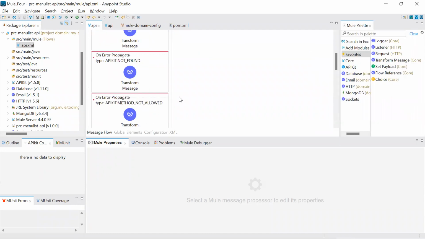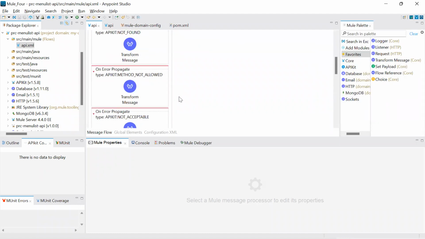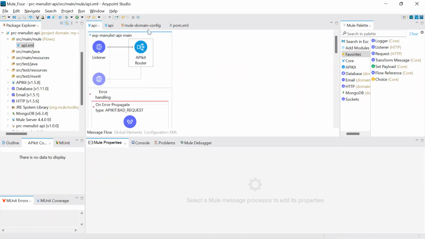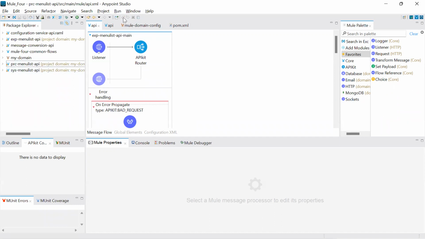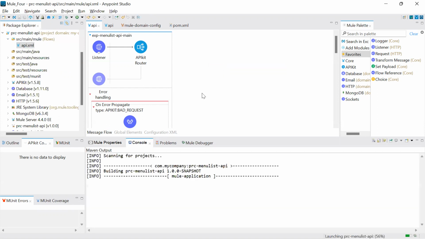Okay, so the domain project is set up, for using the HTTP listener. So understood right till now? Yes, sir. So with respect to why we need to use a domain project and what is the purpose of this, you understood, right? Yes, sir. Okay, so if I run this project now,